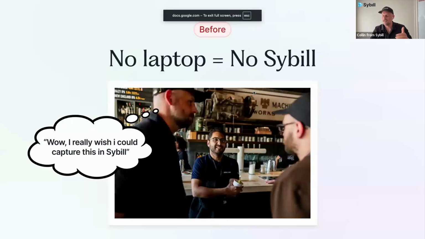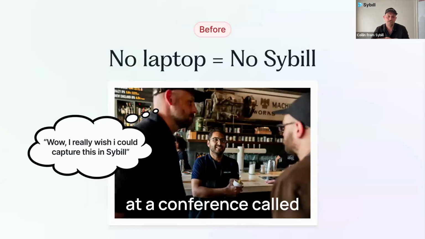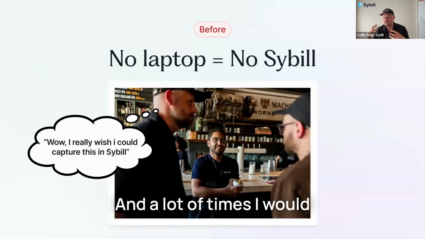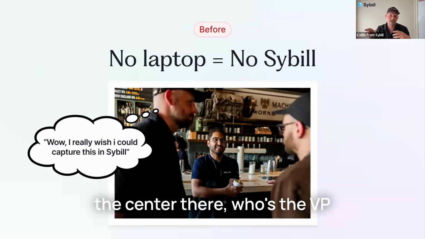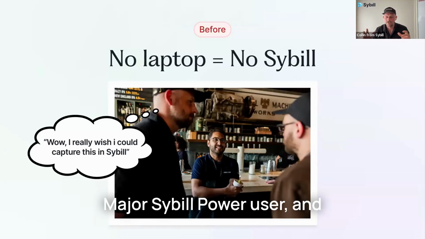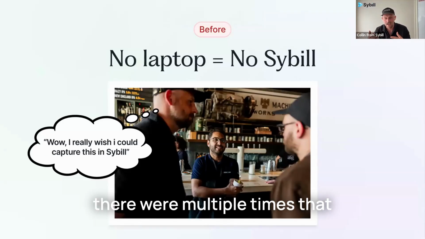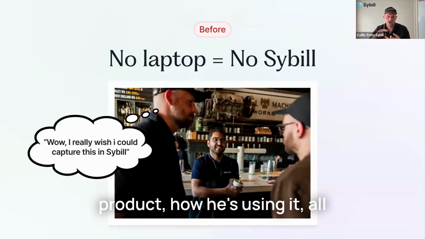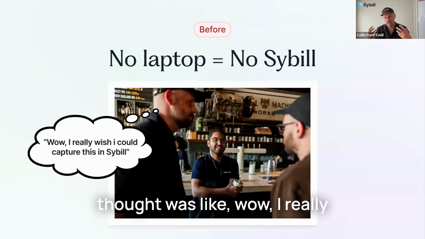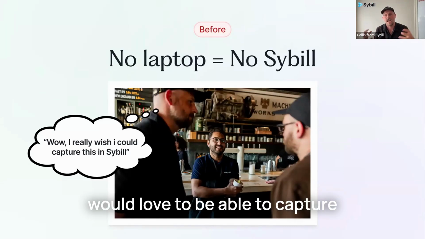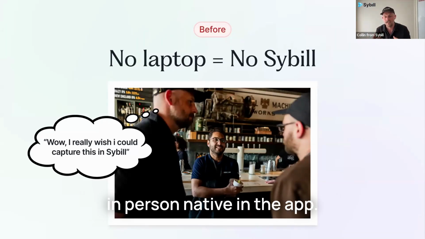All right. So 2 weeks ago, I was at a conference called Spring that's in Austin. And a lot of times I would be in these conversations, really smart marketers. In this case, that's Madhav in the center there, who's the VP of marketing at Story Lane, major Sybill power user. And there were multiple times that I was having conversation. He's giving me feedback on the product, how he's using it, all these use cases. And my first thought was like, wow, I really wish all this information was in Sybill. I really thought like, man, I would love to be able to capture this conversation we're having in person, native